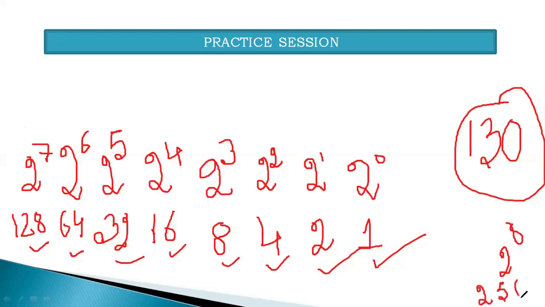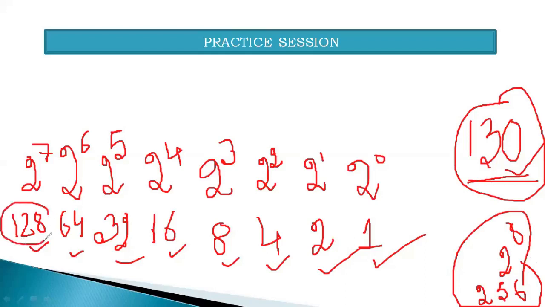Same way we can move ahead, but when I need to convert 130, 256 is much bigger in magnitude as compared to 130. So we need to find the nearest value to the number that is given in your question. According to my question, it is 130. So I can see here that 128 is the nearest one. So I will put 1 above this position.